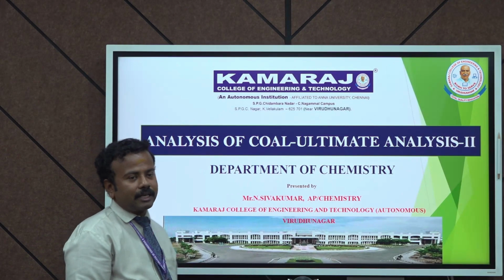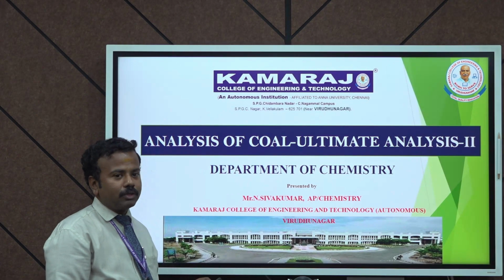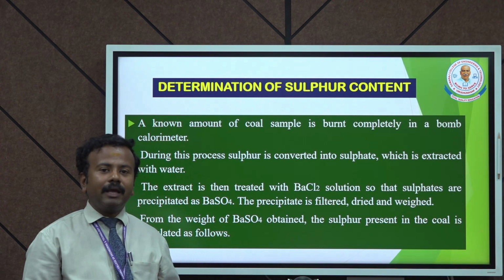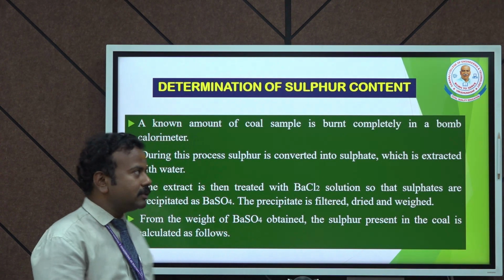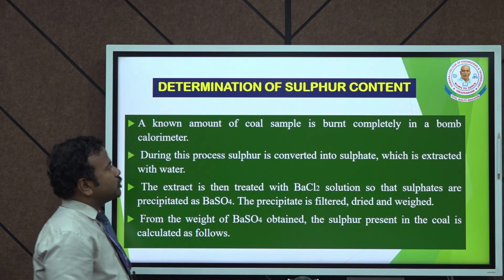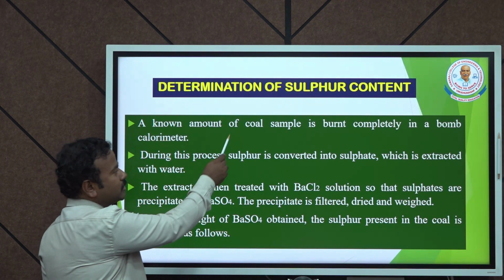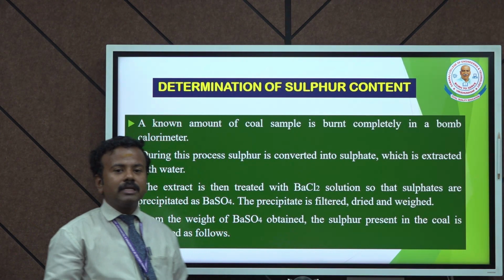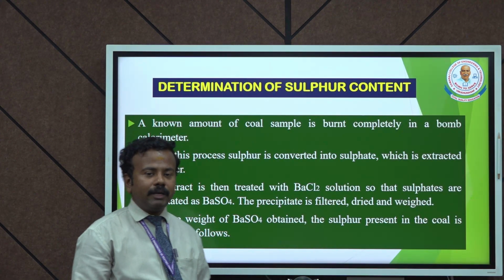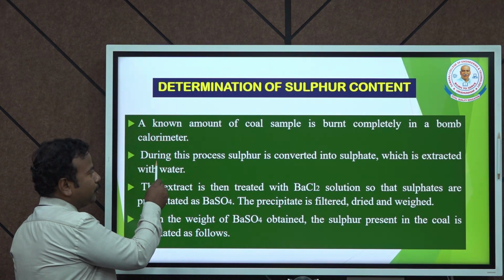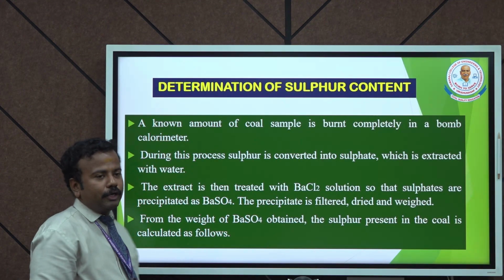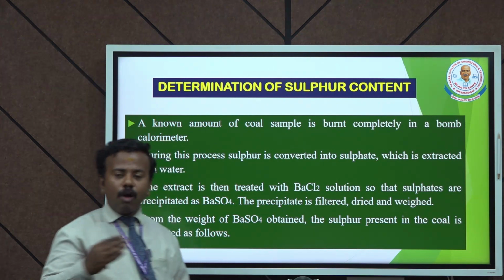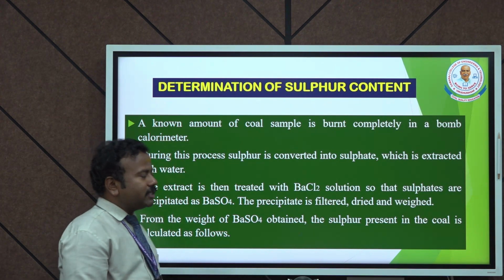In this video lecture we will discuss the sulfur content. How can sulfur be analyzed by this kind of ultimate analysis? A known amount of the coal sample is burnt completely in a bomb calorimeter. For the sulfur content analysis, a bomb calorimeter is needed. During the process, sulfur is converted into sulfate. All the forms of sulfur present in the coal are formed as sulfate, which is extracted by